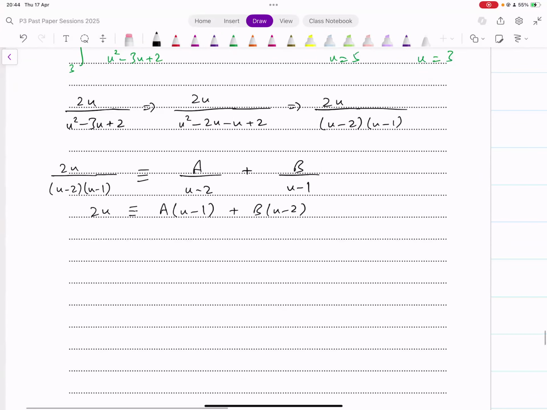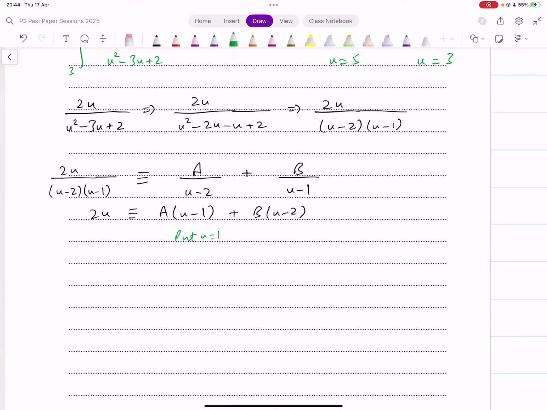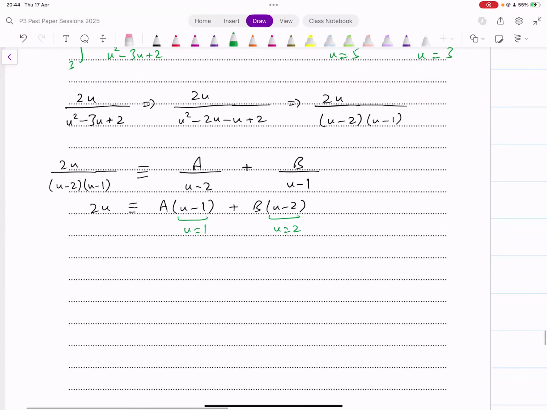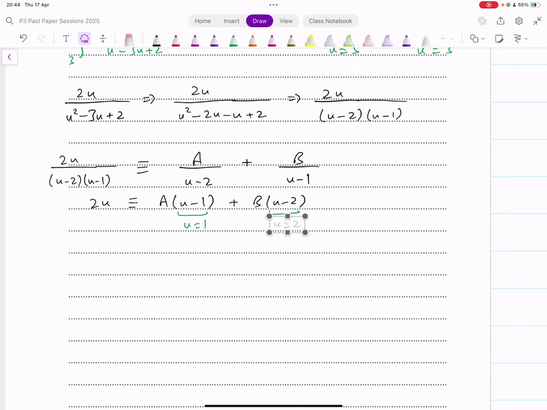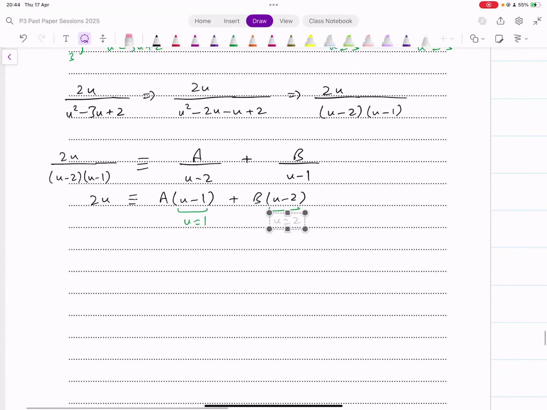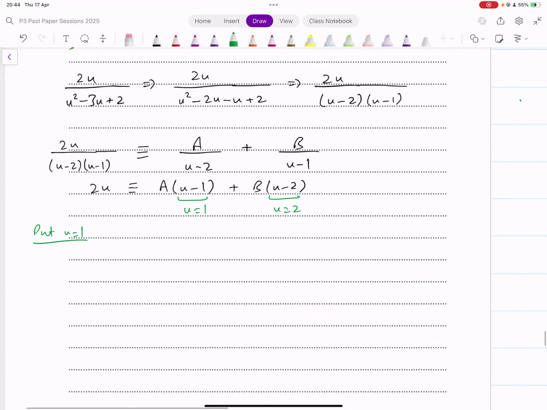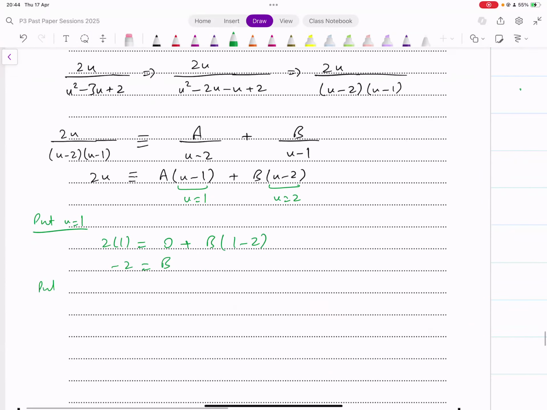Input some values of u now. We can input u equals 1. That makes the first bracket 0. u equals 2 makes the second bracket 0. Let's see what we get from that. Let's input u equals 1. That gives us 2 into 1 equals 0 plus B into 1 minus 2. And minus B equals 2, B equals minus 2 from this. Then you input u equal to 2. And that gives us 2 into